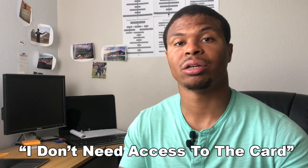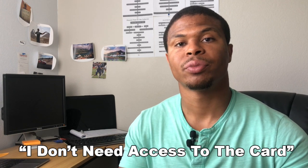And another benefit is it's not like you need to have a card issued, right? What typically happens is they put you down as an authorized user, and normally the bank is actually going to send out a card for you, right? Because now the way the bank is looking at it is, now there's two people who are going to be using the same card, and the benefit for them is there's going to be more expenses on it, and maybe they can charge more interest, so on and so forth. But what you can tell the person is that you don't need access to a card. You just want them to add it to your credit report, okay? And once that's done, you will now inherit not only that credit limit,